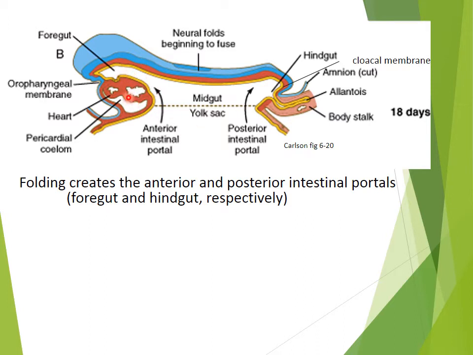And here you can see this is the cardiogenic area, and there are only 2 connections now present between this gut, and these 2 connections are going to remain outside the embryo. Number 1 is the connection of this midgut with the yolk sac. That yolk sac also remains outside the embryo, and the other one is this sausage-like diverticulum of